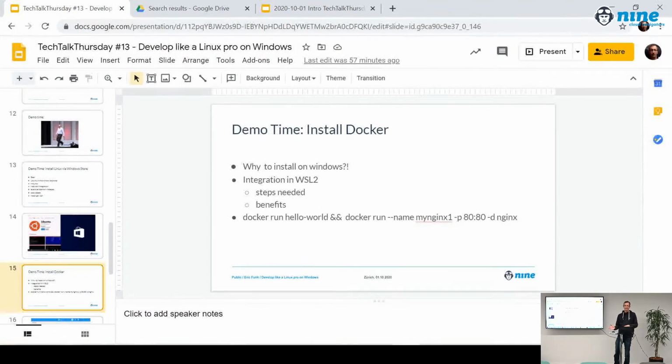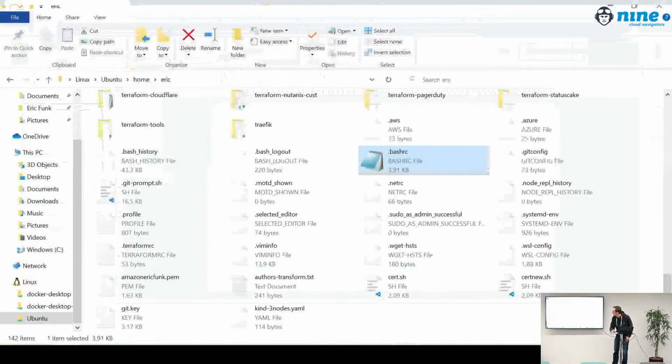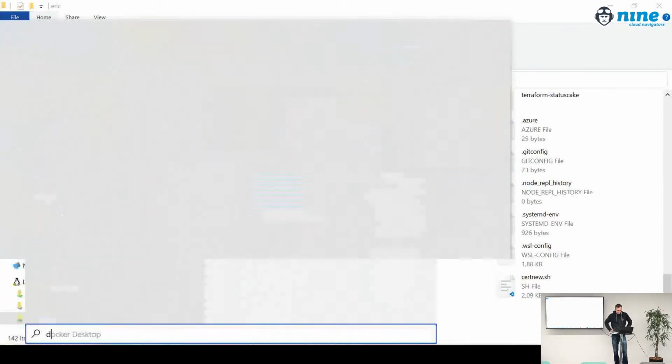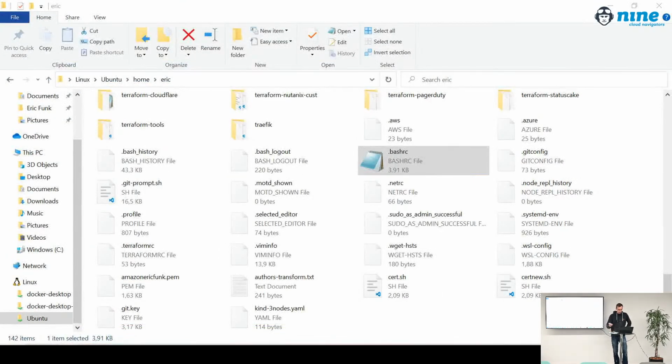So you're running 2 Hyper-V VMs, one for WSL and one for Docker. This is correct. So you can see that actually down here. It's maybe small, but there's one for Docker. So you download the installer, you run Docker, and I'm just going to launch Docker Desktop now. And thanks for the question, because that's something I want to show straight in the beginning. So, hoping the demo gods are with me, Docker is starting.